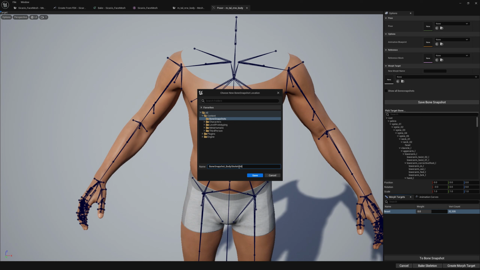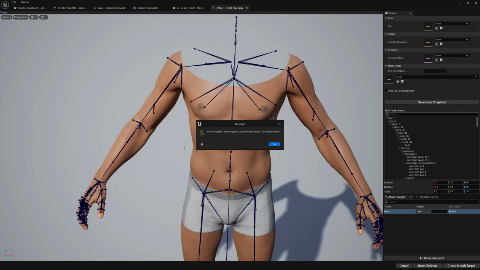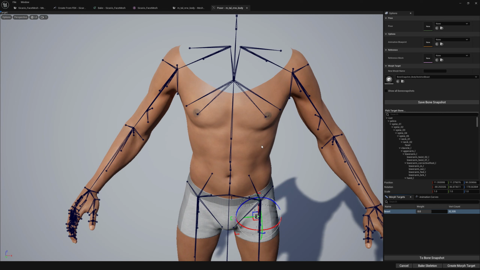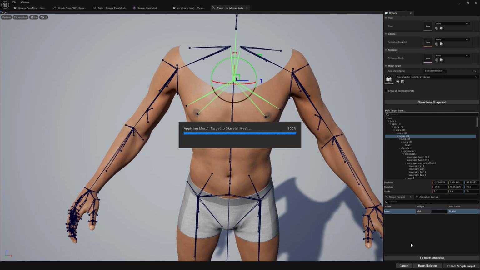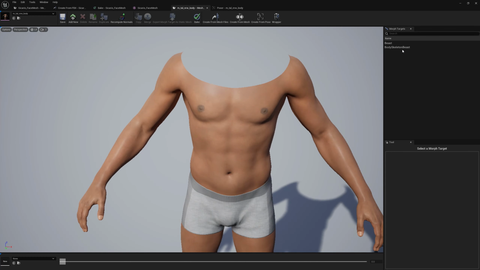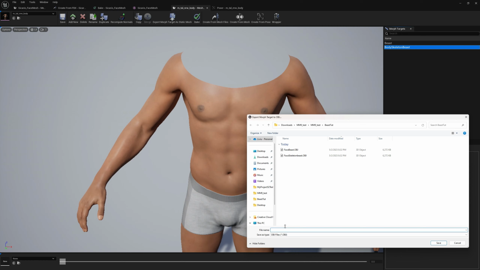skeleton beast. We know this is the state of the skeleton, right? This is how it looks, and we want to also save this to a morph target, right? So we are gonna write here body skeleton beast, and we want to first create a morph target the same as for the face, right? And now that we created the morph target, we will export it to obj, and we will name it body skeleton beast,